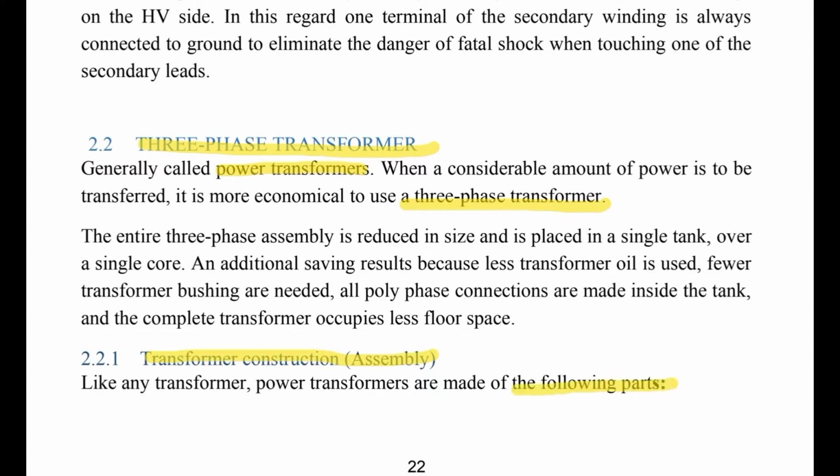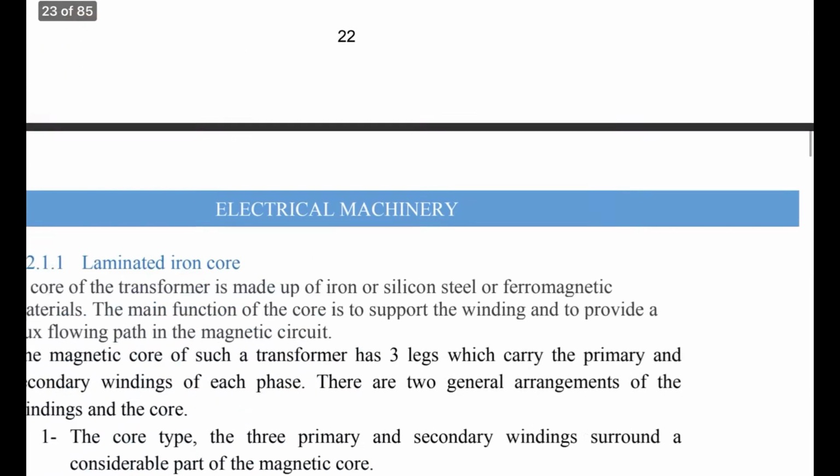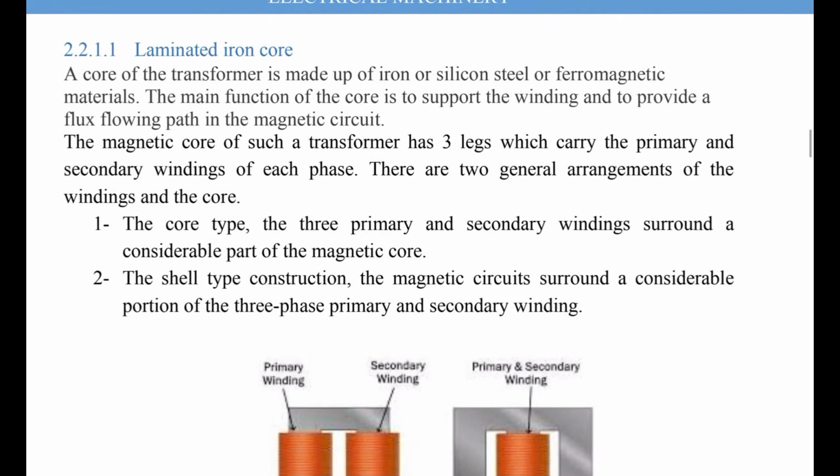So you have to keep in mind these parts. Let's now discuss the following parts. We'll start with what, guys? The first part is the laminated iron core. A core of a transformer is made up of iron or silicon steel,